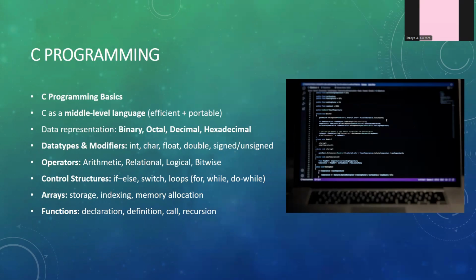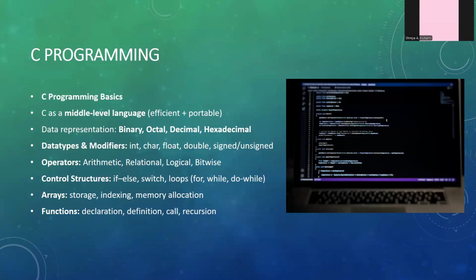So in binary, we only have two numbers, zeros and ones. In octal, we have 8 values, 0 to 7. In decimal, we have 10, which is 0 to 9. And in hexadecimal, we have 16. 16 includes 0 to 9 from decimal, and for 10 to 15 we use the letter representations A to F. So A corresponds to 10 and F corresponds to 15.